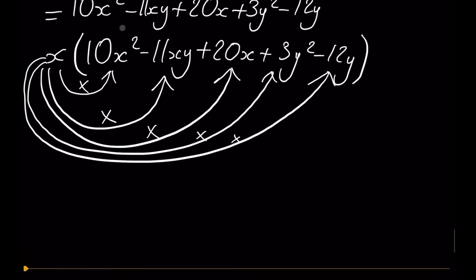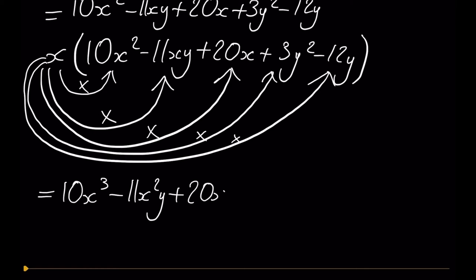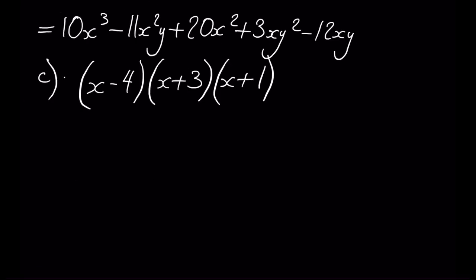So the answer to all this gives us 10x cubed minus 11x squared y times y plus 20x squared plus 3x times y squared minus 12xy. So that's the final answer. So for the final